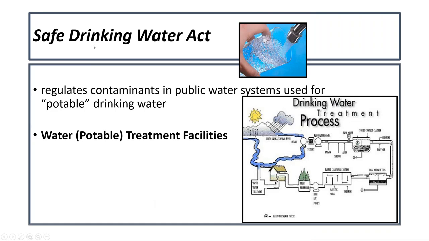But when we talk about water treatment, it's regulated by the Safe Drinking Water Act, also under the EPA, but the Clean Water Act is for wastewater, Safe Drinking Water Act for potable or drinking water. So you should know the distinction that water treatment means potable water treatment. Wastewater treatment refers to treating contaminated water for discharge back into the environment. Water treatment is for distribution for drinking and cooking purposes.